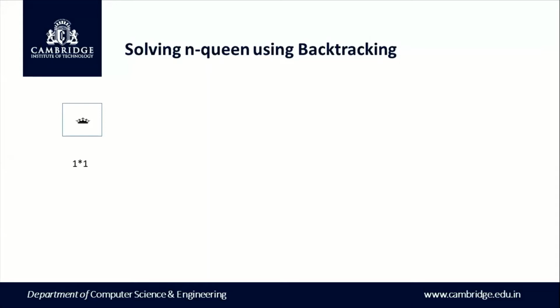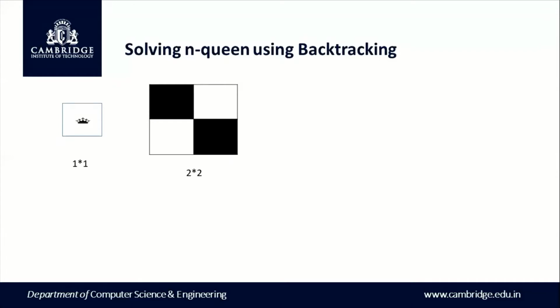Okay. Now we go on to the next instance, a 2 by 2 chessboard. Here, how many queens should I place? 2 queens. Assume that I'm going to place the first queen in the first row. So I placed a queen here. If I place the queen in that position, the first row and second column, then the row is blocked, this column is blocked, and across the diagonal it also gets blocked.